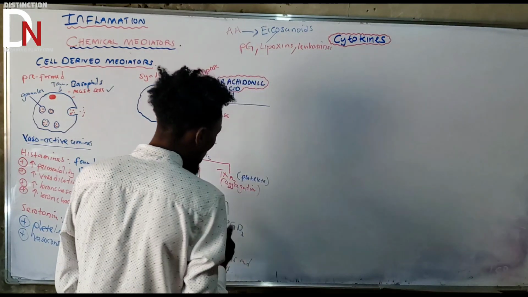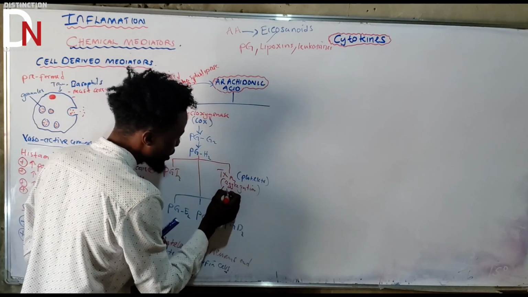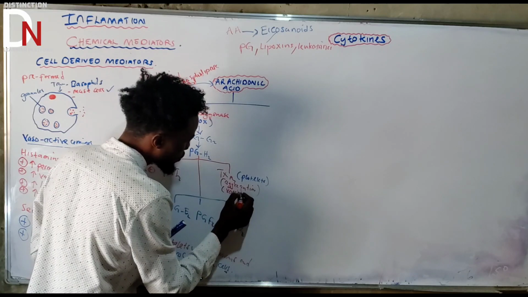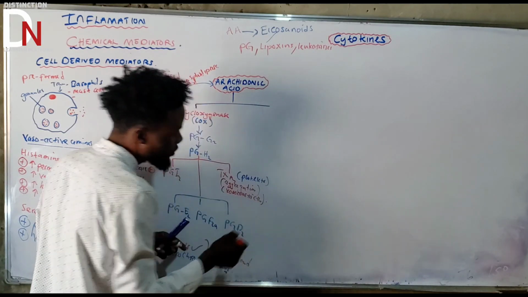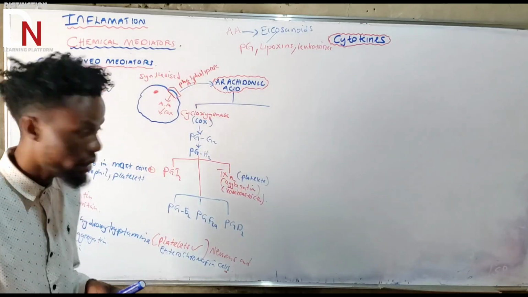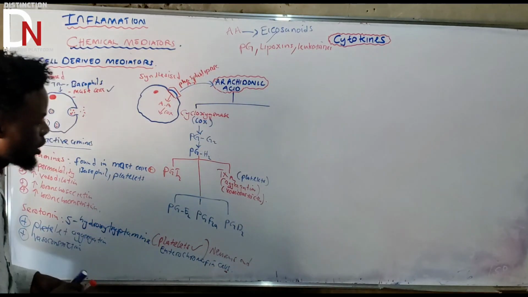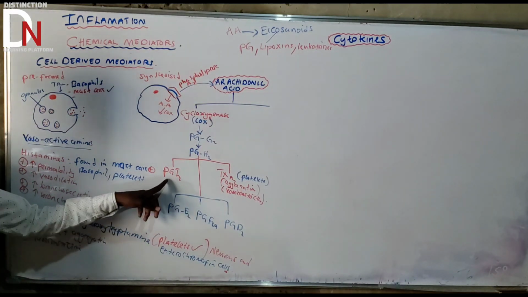Vasoconstriction. What is the other important function of this? What is vasoconstriction? Making the blood vessels become what? Smaller. Okay, that is vasoconstriction. Okay, let's go to